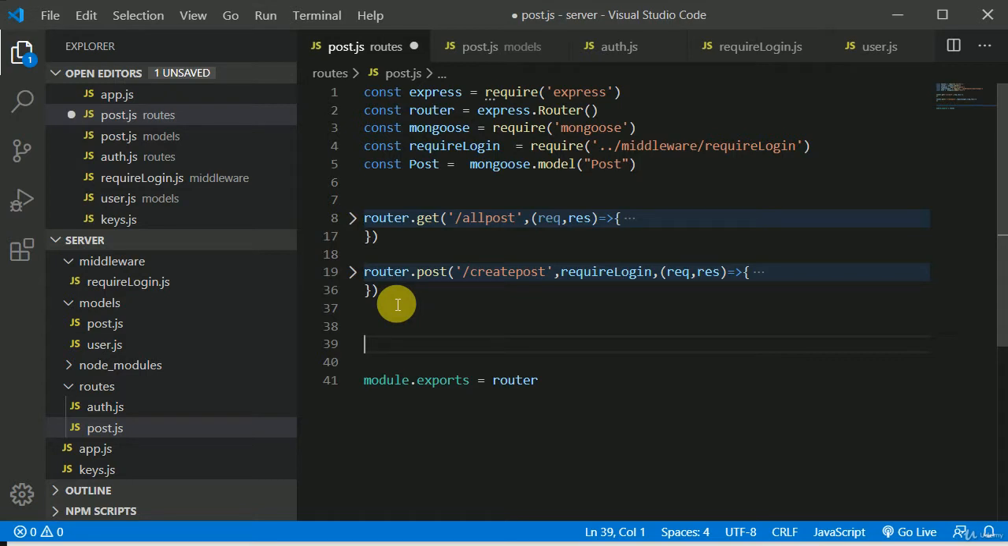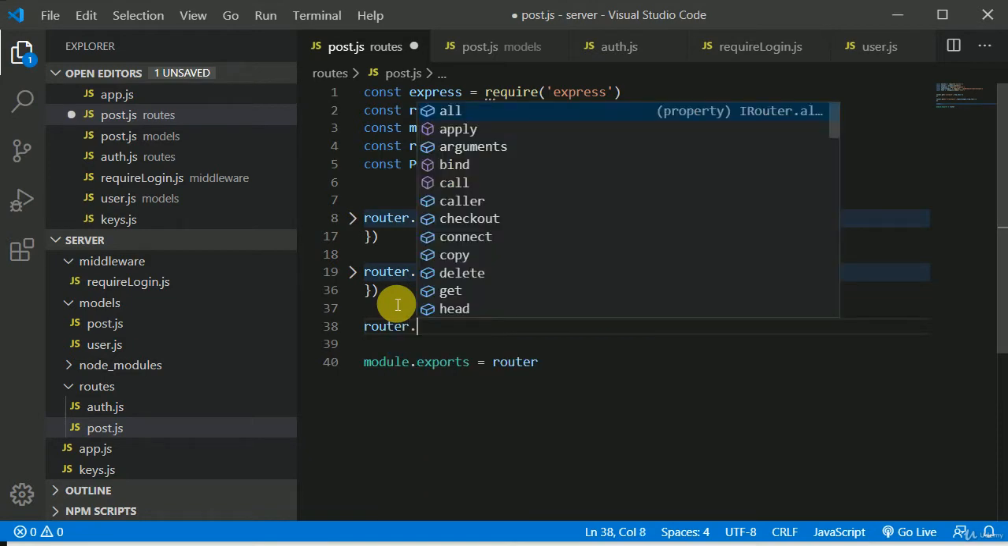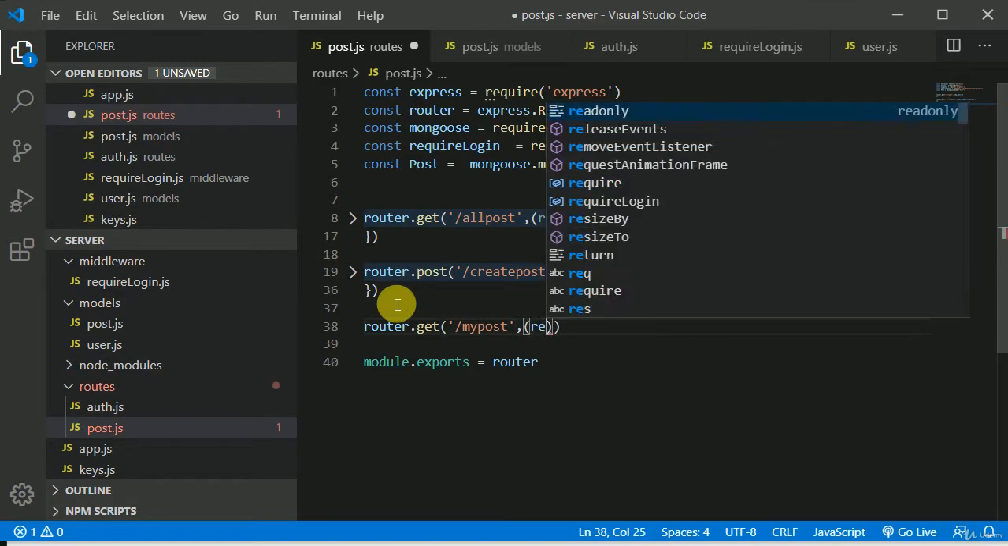So in our profile page of the user, we will show all the posts created by that user. So this will also be a useful route. This will also be a simple get route. And let's say the client will be making a request to my post. Okay, here I can add a callback, request comma response,